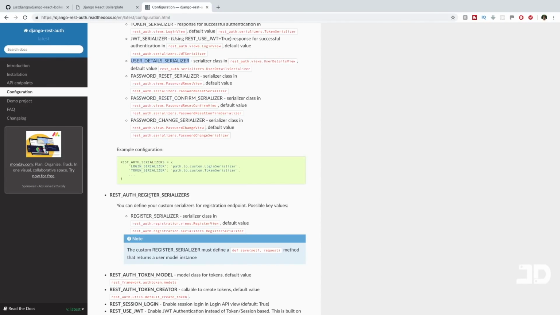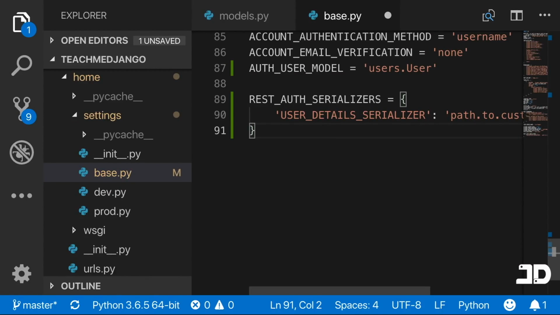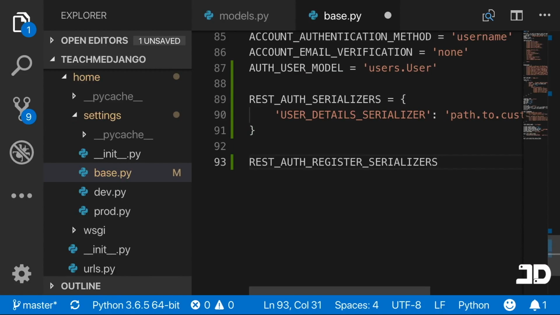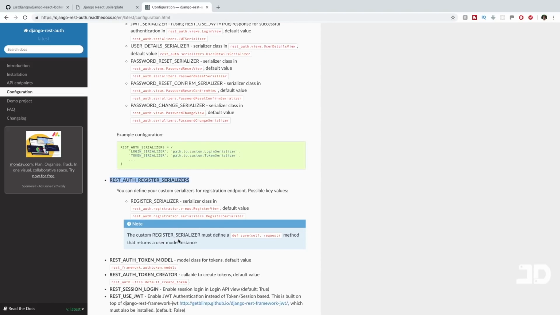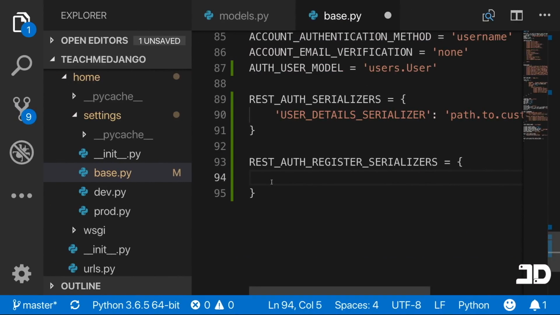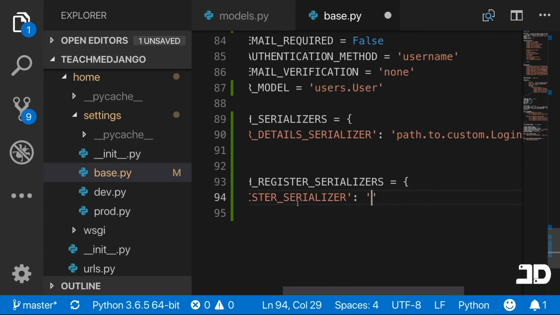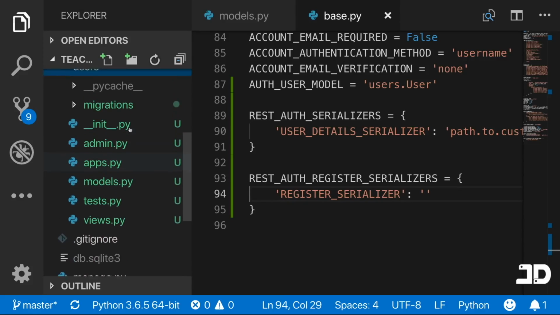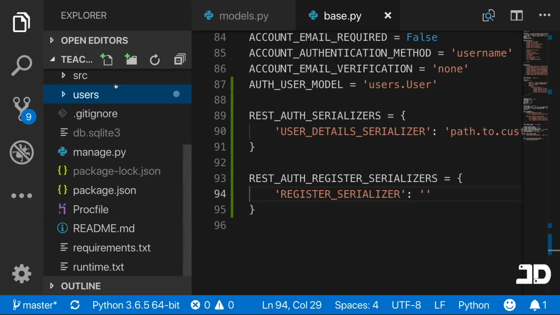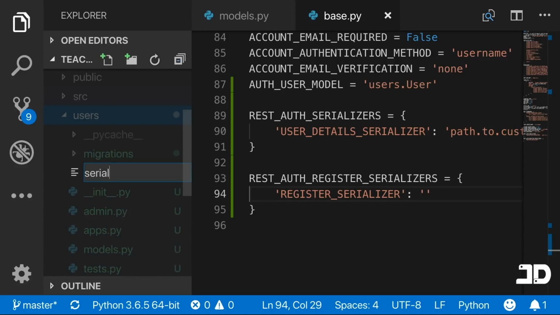And we can also specify the REST auth register serializers, which is also important because we're going to need to handle the registration for our custom user, meaning when the user signs up, they need to say whether they're a student or a teacher, which means that our registration process is going to be different as well. So we'll open up a dictionary here, and in here we need to specify the register serializer. We'll add it there, and we'll just leave this blank for now. And what we need to do is go back to our users app and actually add a serializer inside it. So we'll just say new file, which will be